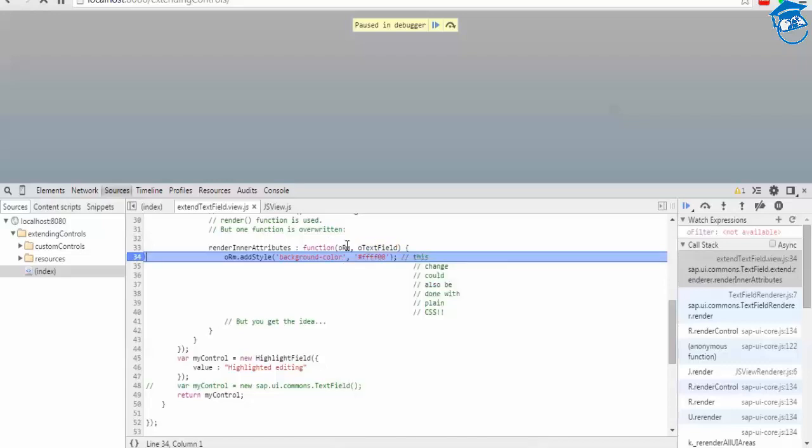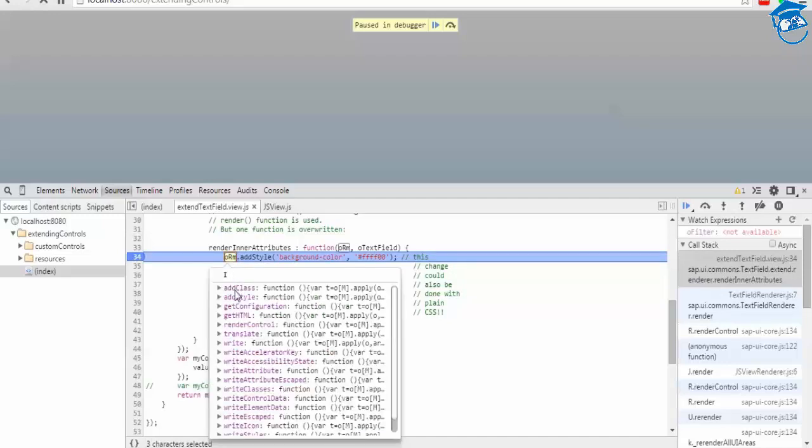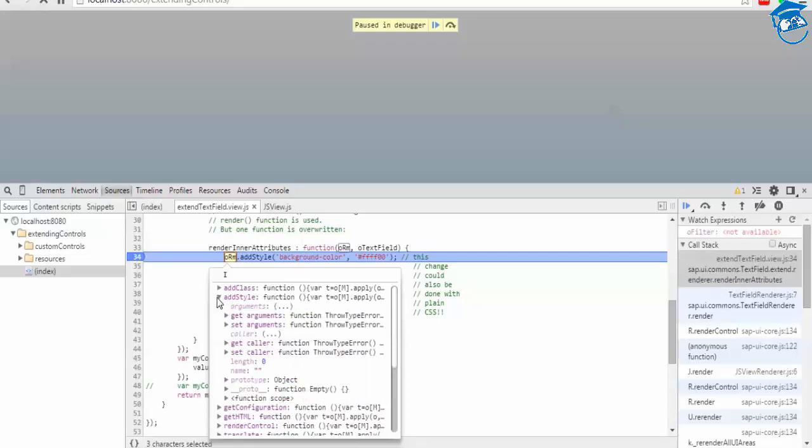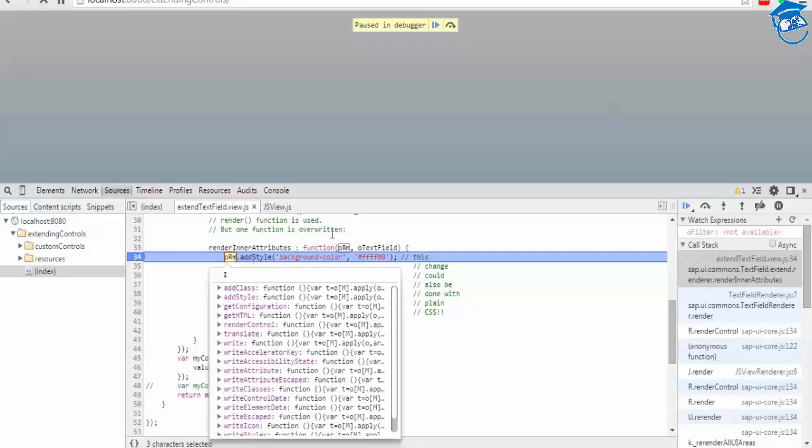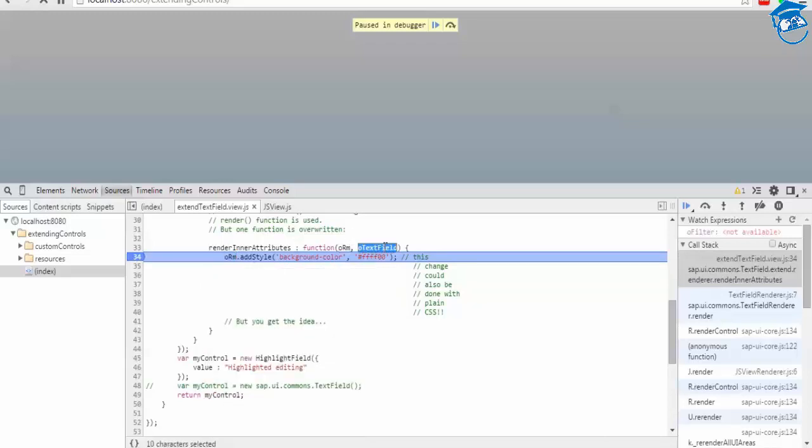So oRm is nothing but the framework control, sap.ui.core.RenderManager, and oTextField is your control. So now what I'm going to do is add this oRm, addClass, addStyle. I'm going to add a style for this. So automatically it gets reflected to this particular text field.